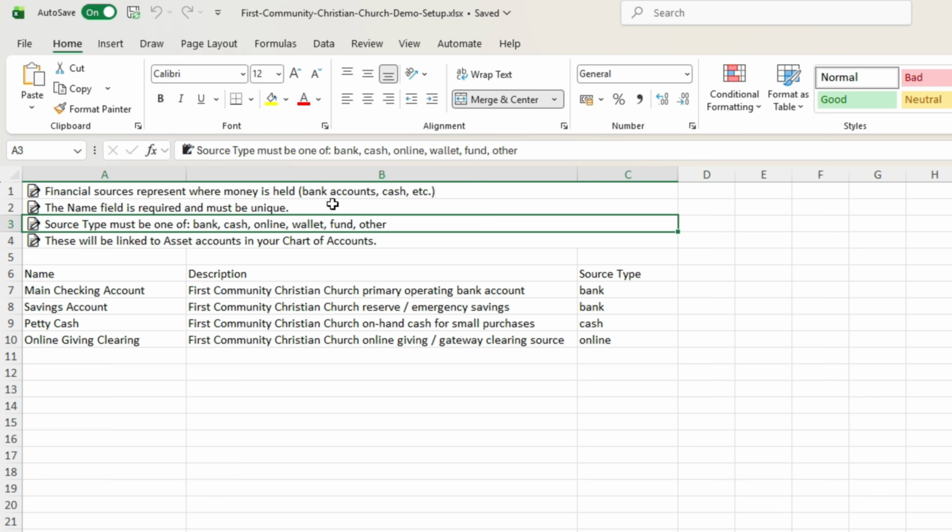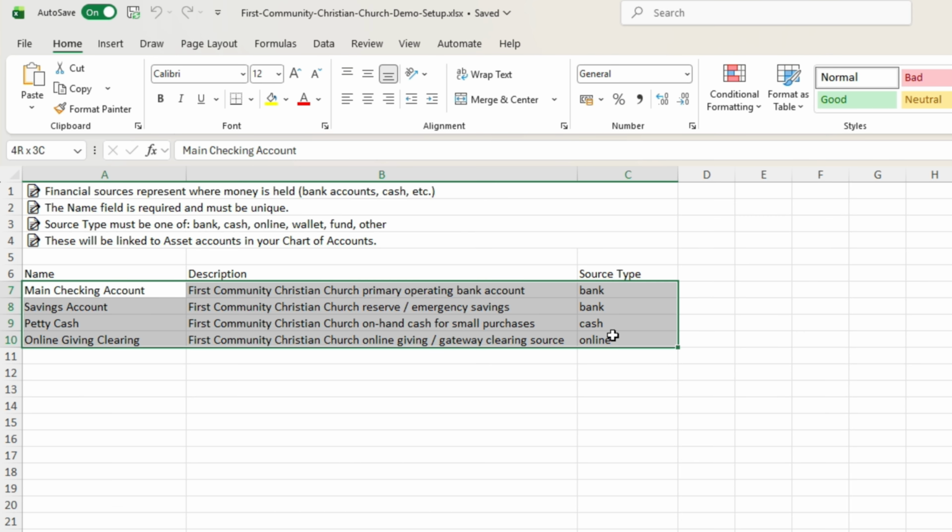Other: anything else. For example, let's say your church has a checking account at First National Bank, a small petty cash box in the office, and you use an app called Church Giving for online donations. You would create 3 rows, one for each. These are the examples for our demo accounts.